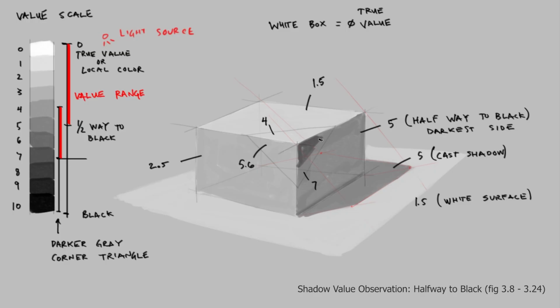Alright, blocking out that triangular shape now and just assigning those values that I initially marked there. So I dropped that number 7 value, painted that darker shadow side, and now I'm grabbing the 4 to paint the lighter side. And that's my number 1 side. So my 1 and 3 sides are done. All that is left is that second side, which is about a 5.6